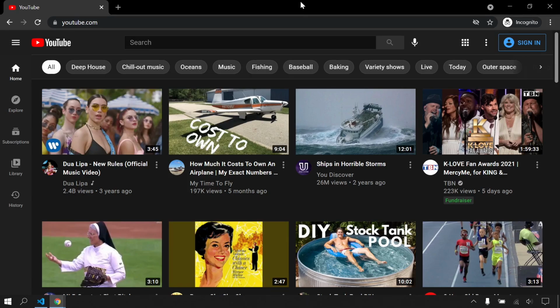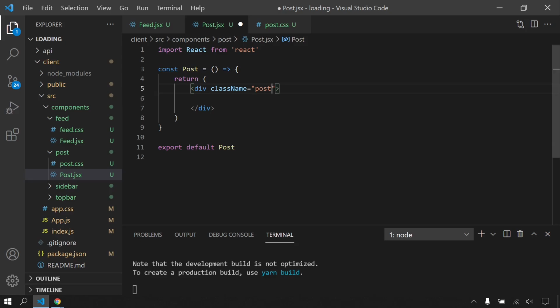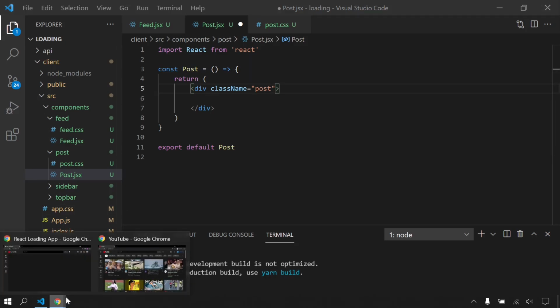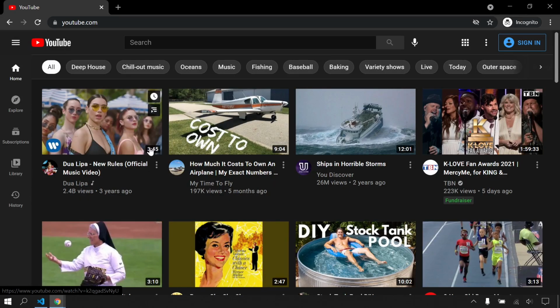So what I'm gonna do is using Flexbox. Firstly, I'm gonna create image container, because it's gonna include our image and duration here. And after that, I'm gonna create info container, and it's gonna contain this profile picture, this channel picture, and other information. And this is gonna be in other container.